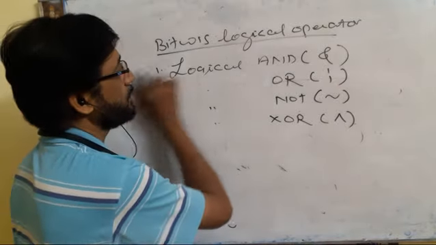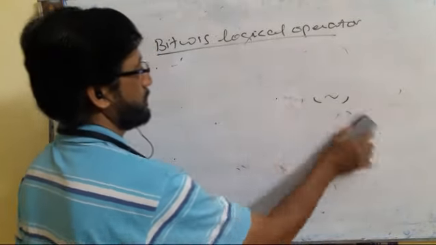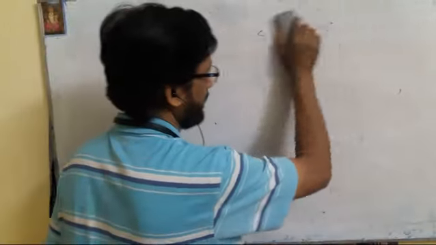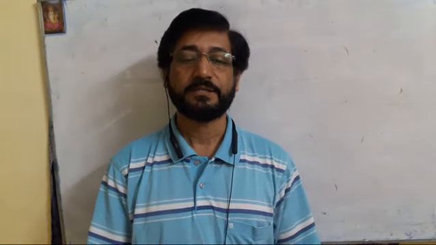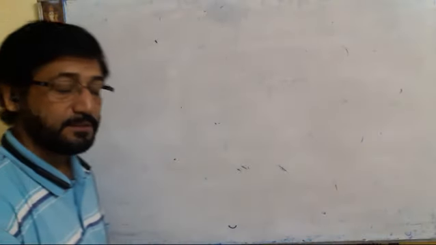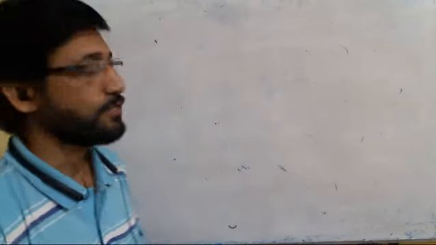Now today we will discuss logical operators, meaning the short circuit logical operators, that is logical AND, logical OR and logical NOT. These operators are used to relate two relational expressions to form a logical expression, and this logical expression can also be used in a condition. The result of this logical expression is always true or false. So we will discuss one by one.